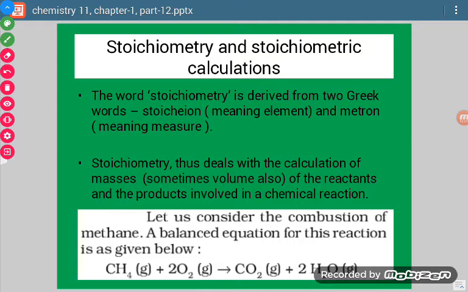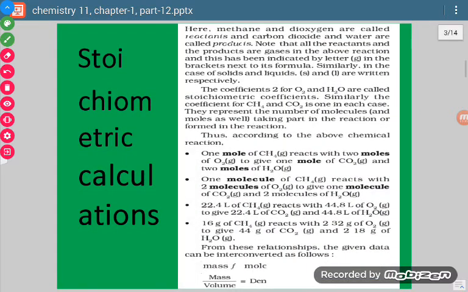Now let us take one example. This is the reaction showing combustion of methane. First of all, when we have to calculate the mass or volume of any reactant or product, we have to take a balanced chemical equation, just like this one. Now from this balanced chemical equation, what is known to us? Those things written on the left side are reactants, those on the right side are products. So whatever number is written